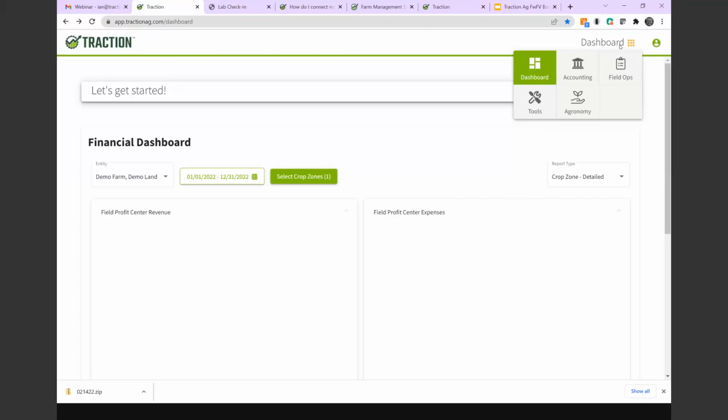Do fertility scripts that are created in FieldView sync over to Traction? Not currently. Perfect, thank you. Okay, I'm going to group the next two questions because they're all about support and getting started with